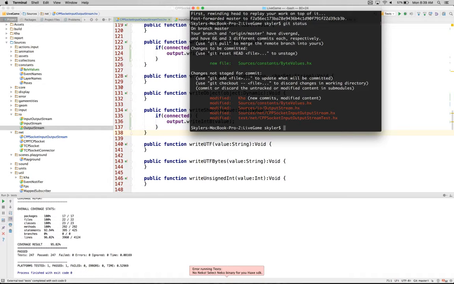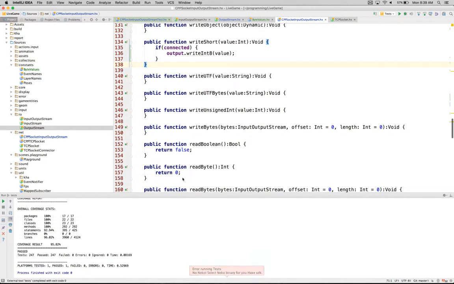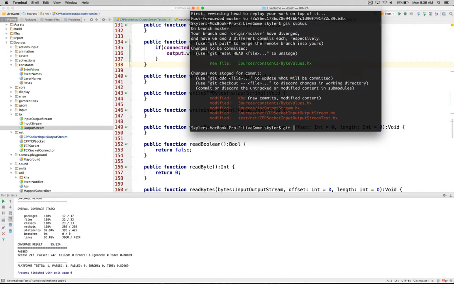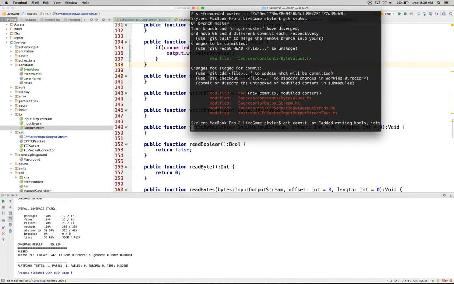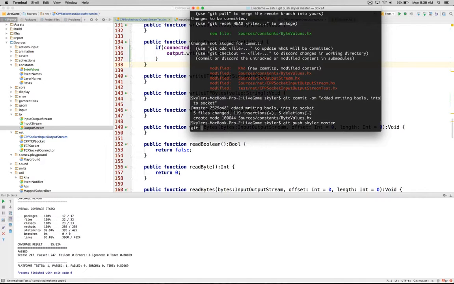So now we've got some writing to the socket. We'll just have to finish this out a different day, but we're moving forward. So git commit, added writing tools int to socket. Git push gather master, git tag,